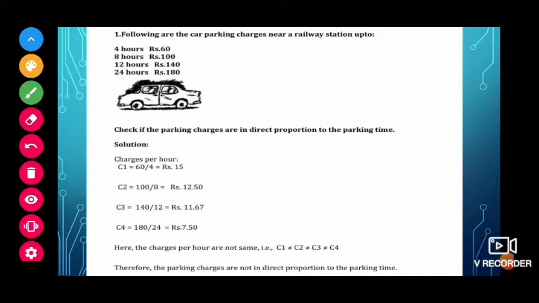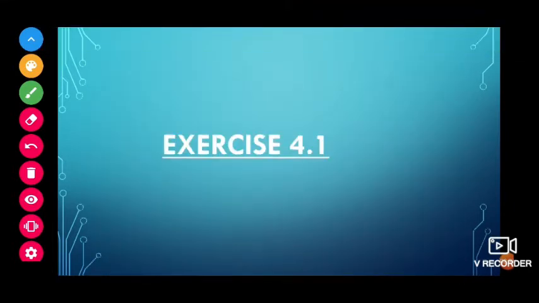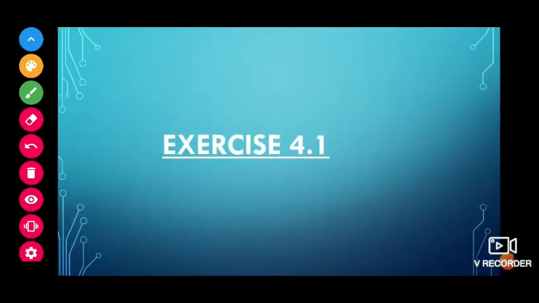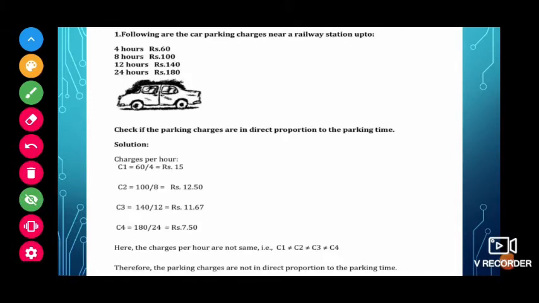Now we have to check direct proportion, in the sense the increment or decrement should happen in the same ratio. If the ratio is the same, then we can say that it is in direct proportion. If we see here, 1 by 36, the first one. Again, if we go for 3 by 108, 3 ones are 3, 3 sixes are 108. Whatever you take, you will get 1 by 36 only, the ratio. In the same way, here also if we check, we have to get the same ratio.